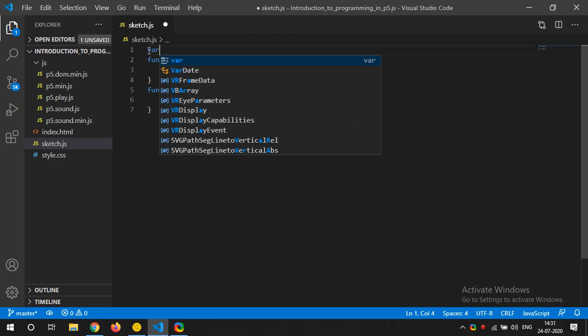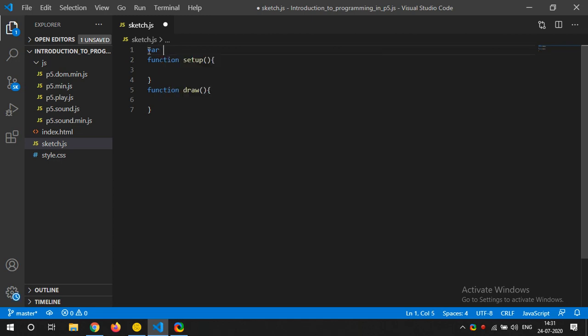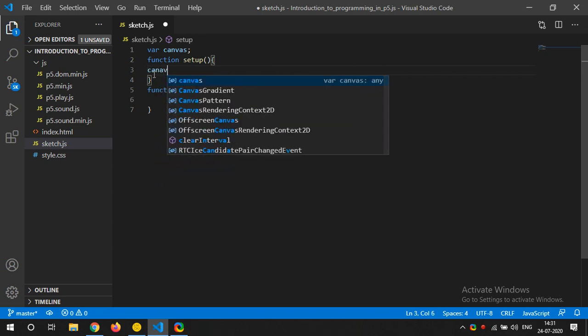A global variable, we write on the top and we write it as var, every variable as var, variable for short, and we put a space in between, and you can name it anything: canvas, runner, coder, anything you want. And after that, I'm going to tell you the difference with a local variable, which is used in specific lines, and the global is throughout the code. So in the setup I'm going to define the